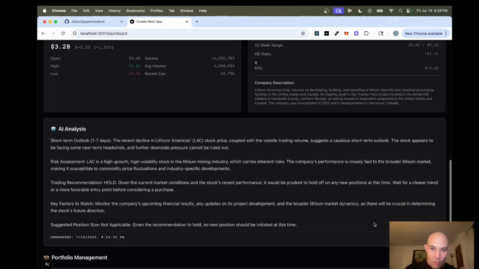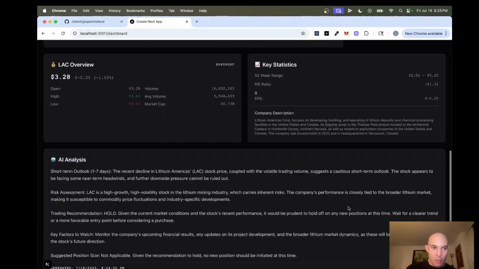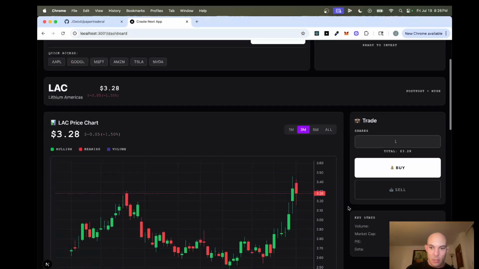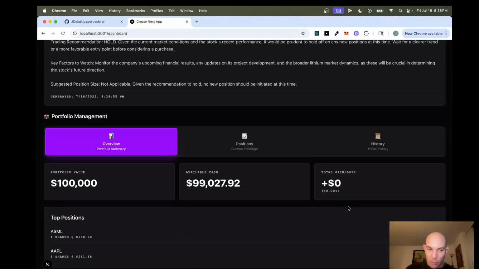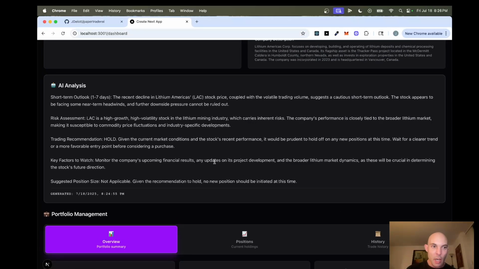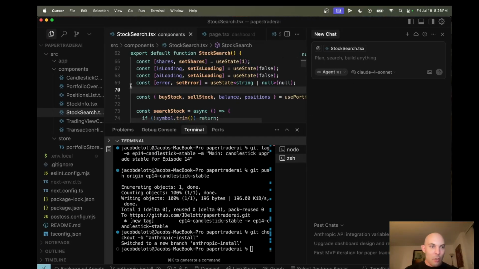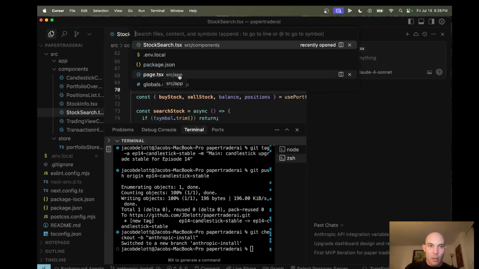Ultimately, I want to tinker with this AI analysis today, and we'll probably clean up this dashboard too because it's pretty illogical. So first things first, let's look at this AI analysis and check out what's going on there. I think it's fun to look at